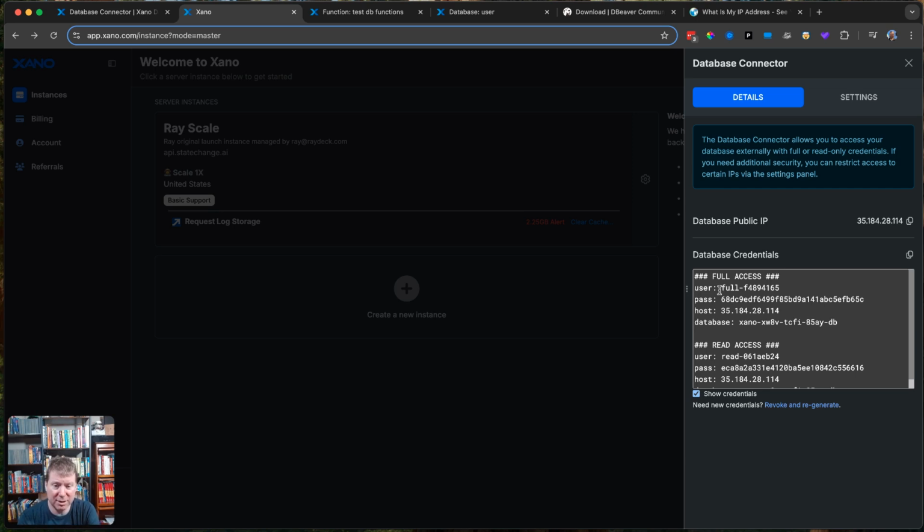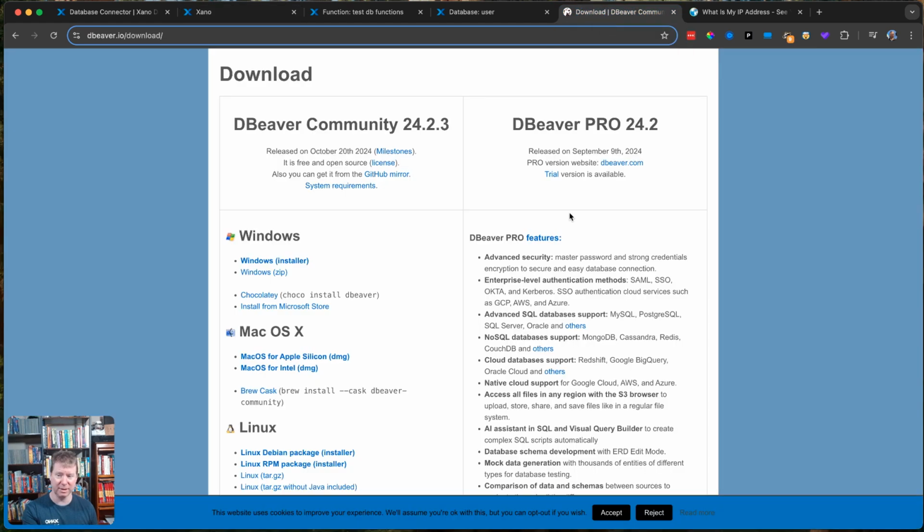But here you can see how it's set up with a username, a password, right? The host, which is exactly what we were just looking at before, and a database, which will also become important in just a minute. So what you're going to want to do is use a client for talking to PostgreSQL. There are a bunch of good clients out there, and you can go surfing around. But I've actually been doing a lot of my exploration using something called DBeaver, which is a newish